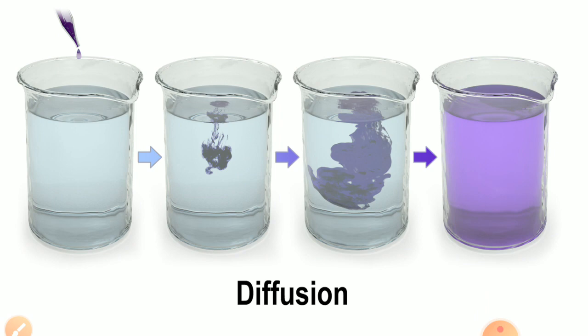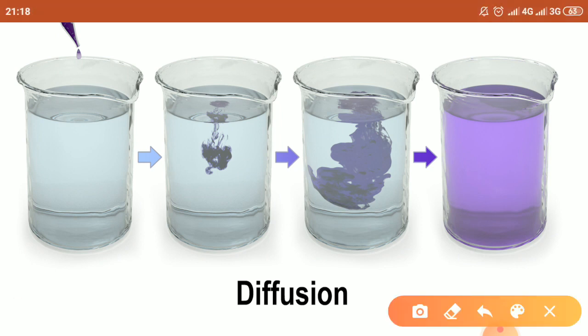Now, what is diffusion? The movement of the particles from its higher concentration to its lower concentration. Over here the concentration of ink is high, here it is low, and this movement continues till that particular point that the molecules get uniformly spread in the water and the color will be uniform throughout the liquid.